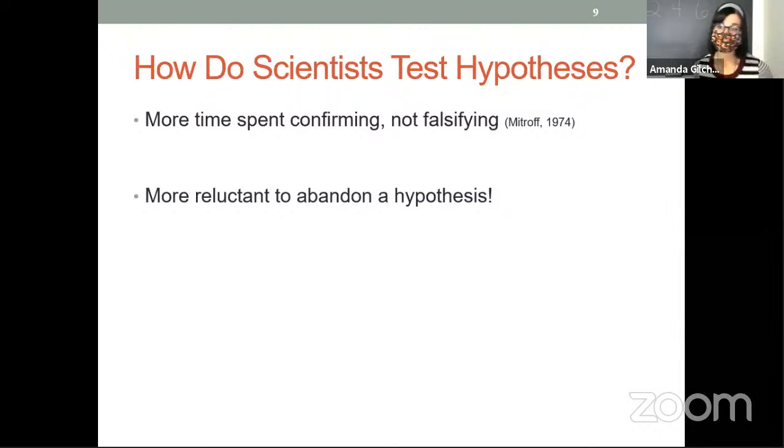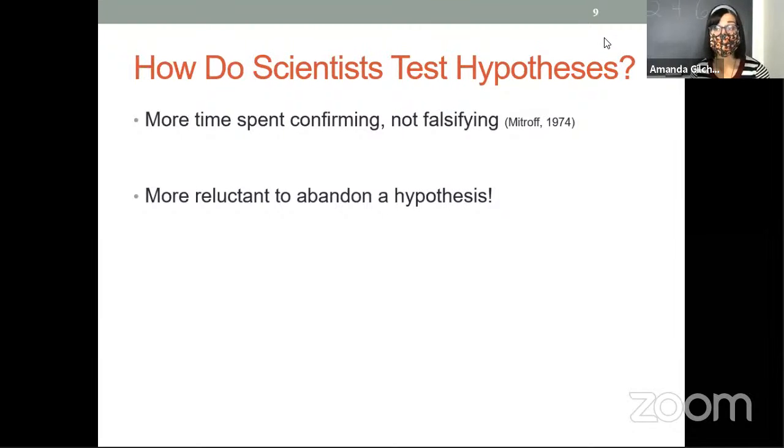Okay, so how do scientists test this? Meitroff and colleagues actually tried to figure this out because science is all about hypothesis testing. Karl Popper himself was a philosopher of science and said that we should seek to falsify. Scientists have been trained in the scientific method and they know the power of falsification. And yet,